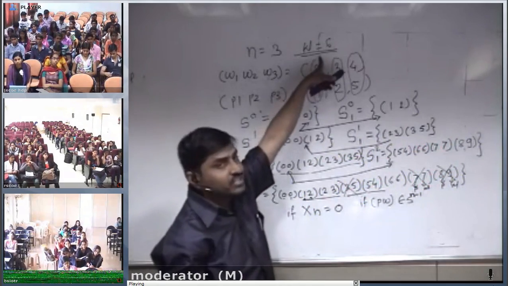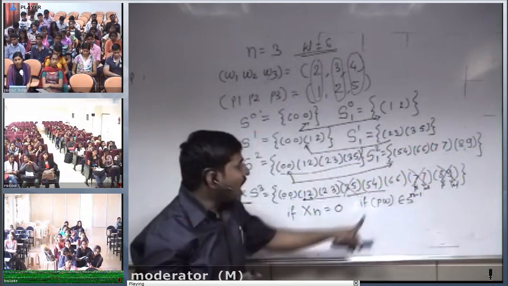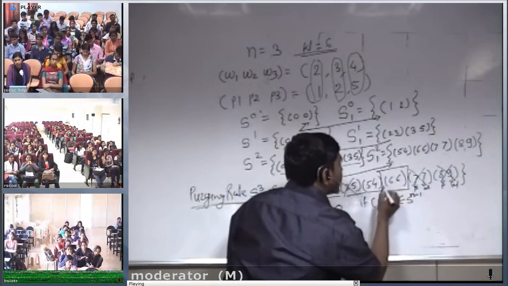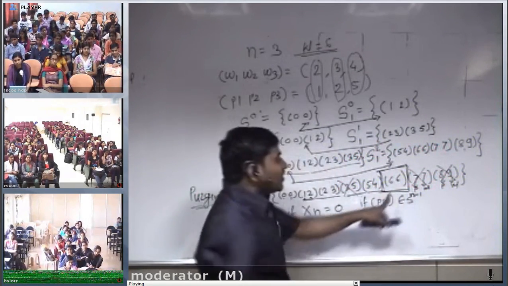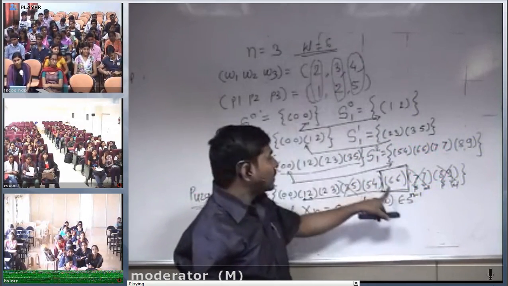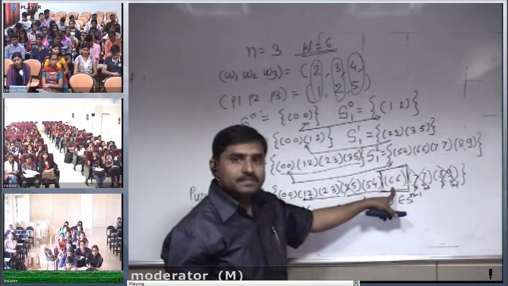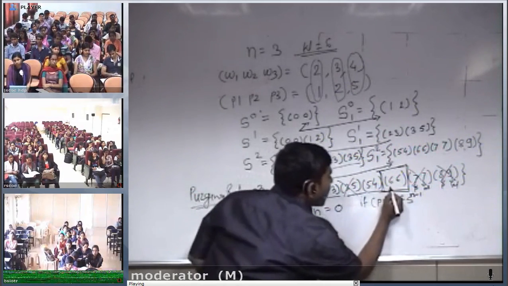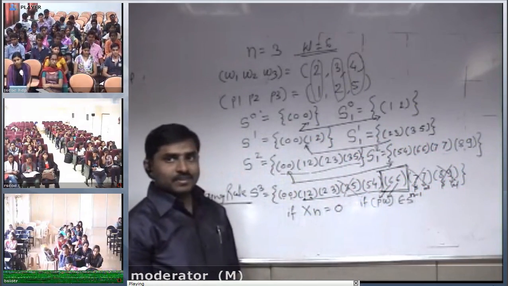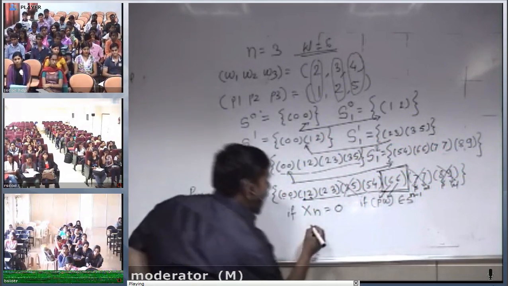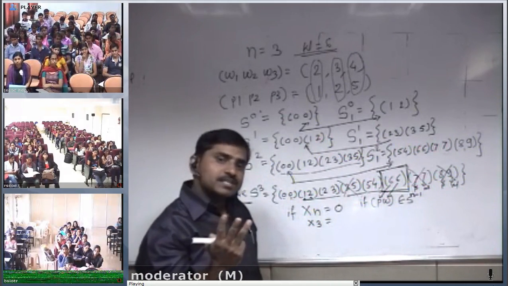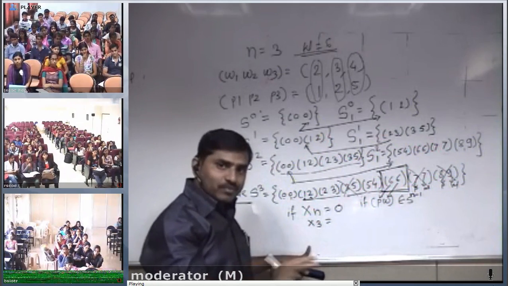What is the maximum capacity of the knapsack? 6. So I look for the pair with weight 6. I found this pair. Which pair contains the maximum capacity of the knapsack, 6, and what is the maximum profit? 6. So this is the value of P, and this is the value of W. Now I find X3. I start from X3. How many elements are there? 3. So I go from X3, X2, X1.